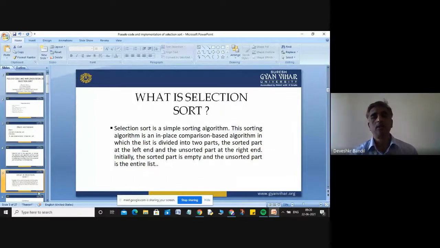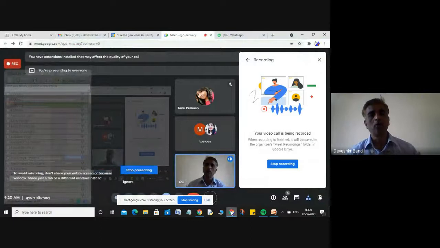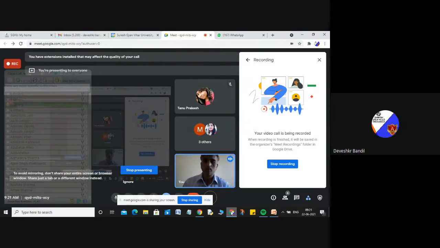When you compare two elements, obviously one element will be greater than the adjacent element, and maybe one element will be less than the adjacent element. The main key point of this algorithm is that it is a comparison-based algorithm. Selection sort is based on the comparison-based algorithm,